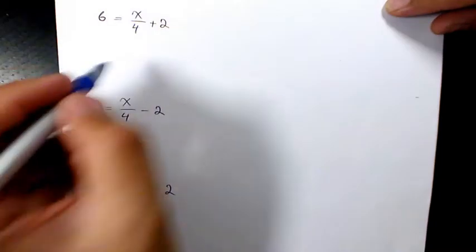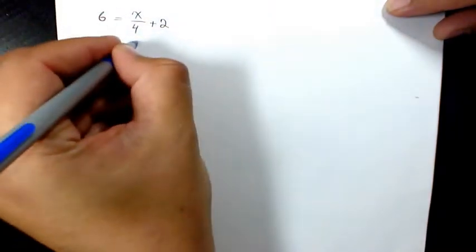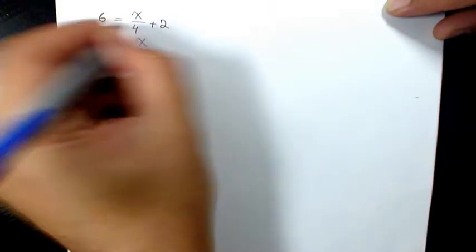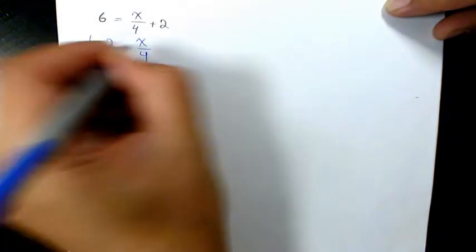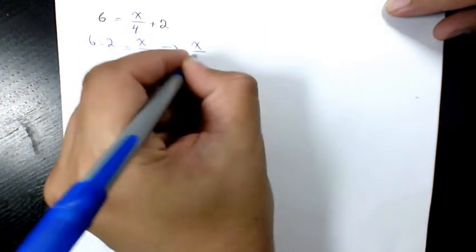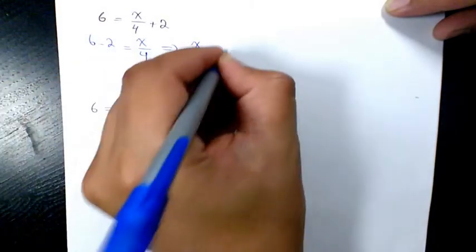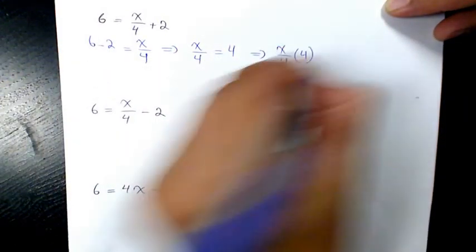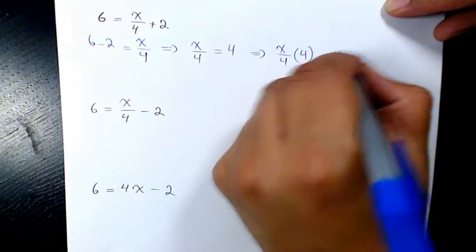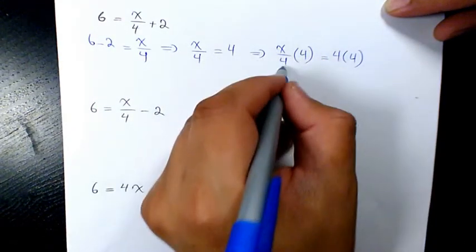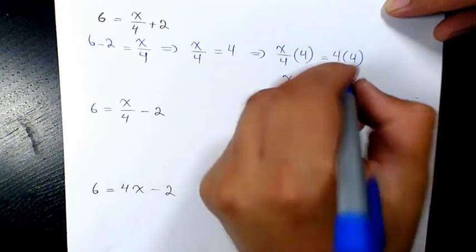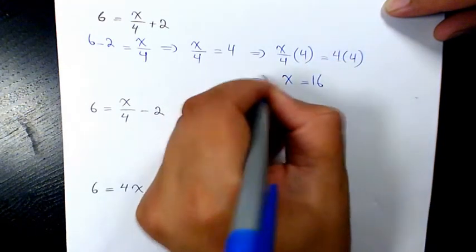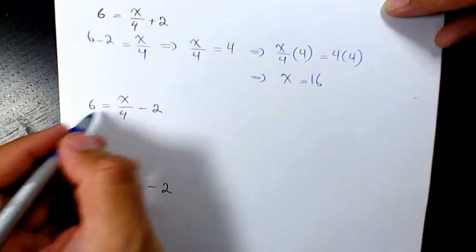6 equals x over 4 plus 2. So I keep x over 4 on one side and move 2 to the other side. So it's going to be 6 minus 2. So I can write it as x over 4 equals 6 minus 2, which is 4. So I need to multiply both sides by 4 in order to get rid of the denominator. So 4x divided by 4 is just going to be x. 4 times 4 is going to be 16. Now here,